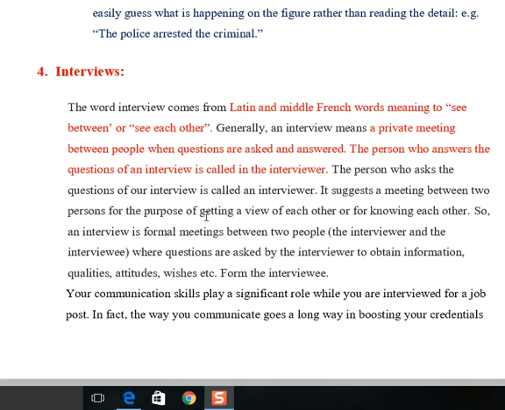Basically, an interview is a process of selecting the most suitable candidate. Normally this is a very lengthy process. First you submit your CV and it is sorted out, then you are shortlisted for written demonstration, then practical demonstration. Once you have qualified all the written and practical demonstrations, in the last stage the employer needs to talk to you personally: who you are, what is your behavior, are you a socialized person or not. So interviews are mostly psychologically oriented.